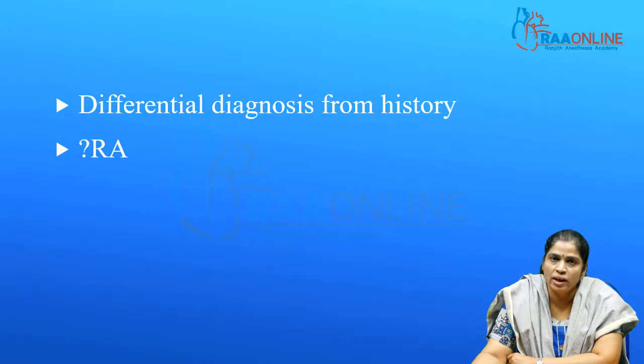Can we think of rheumatoid arthritis? Yes, although it is a little bit unlikely for it to be in only one joint. So, rheumatoid arthritis is usually polyarticular and symmetrical, but there is a monoarticular type. So, it is a little bit unlikely though that this could be rheumatoid arthritis. You could think about it. And since she is 60, maybe you could think about osteoarthritis.